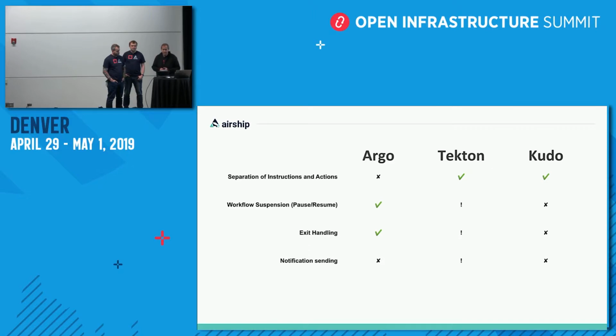Couple that with the fact that it's clear from the comparison that if we want to start this transition in Airship today, which we do, then the technology that has the largest set of features we need right now is clearly Argo. So in the end, we think that the largest effort of moving in this direction is making the move initially to one of these configuration-driven engines, and in the future, if Tekton does become some sort of clear winner, the transition at that point is simply to change YAMLs from one format to another, from Argo to Tekton. Okay.